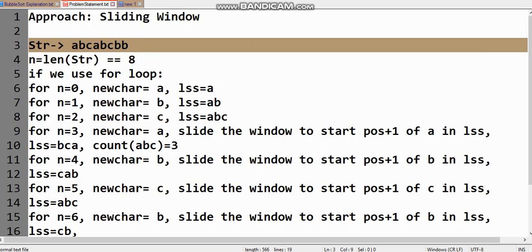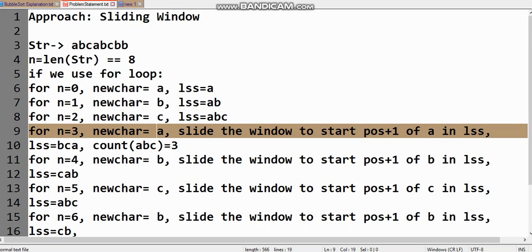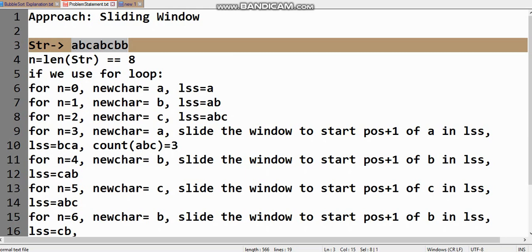Up till C we have a longest substring of ABC. Now the repeating character comes and we have to slide the window position to the starting position of A plus 1. The starting position of A will be this, and plus 1 will be B. So we have to slide it to this position, and the new longest substring will be BCA, as I showed you while sliding the window.